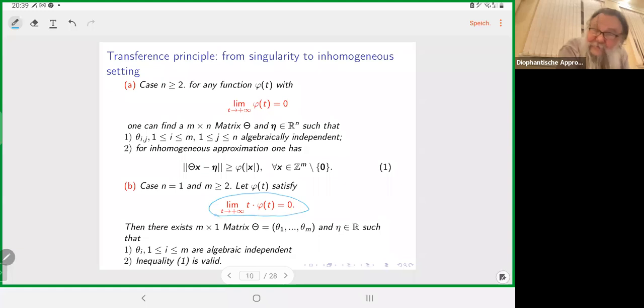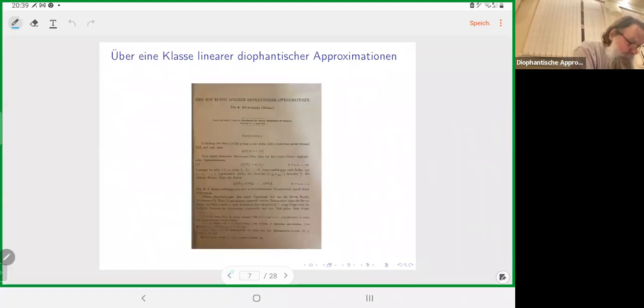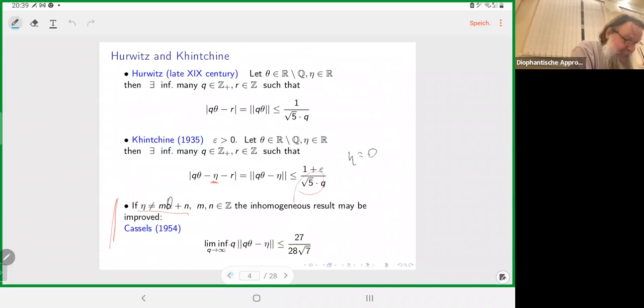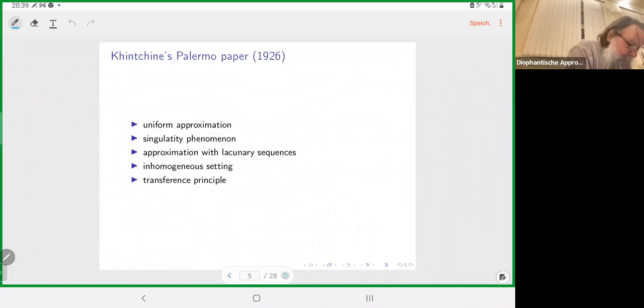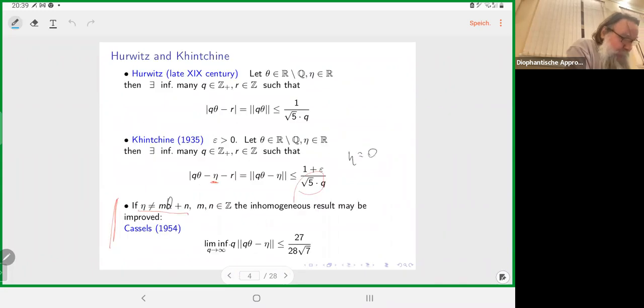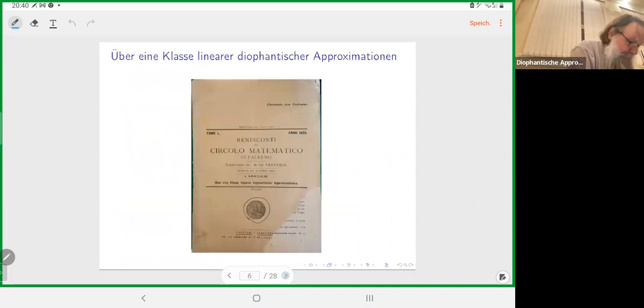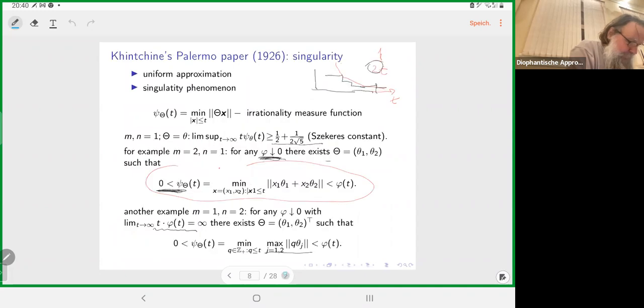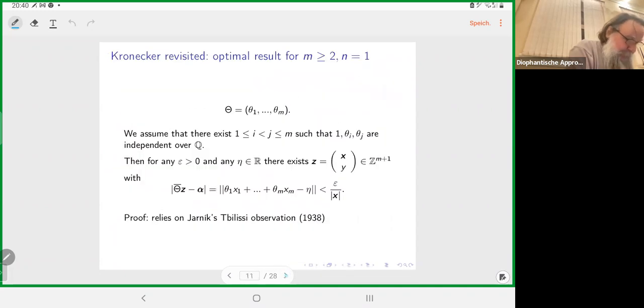And this explains why we have such a one-dimensional result with 1 over q. But if we look for higher dimensional analogs, higher dimensional linear forms in this setting, surprisingly, we find out